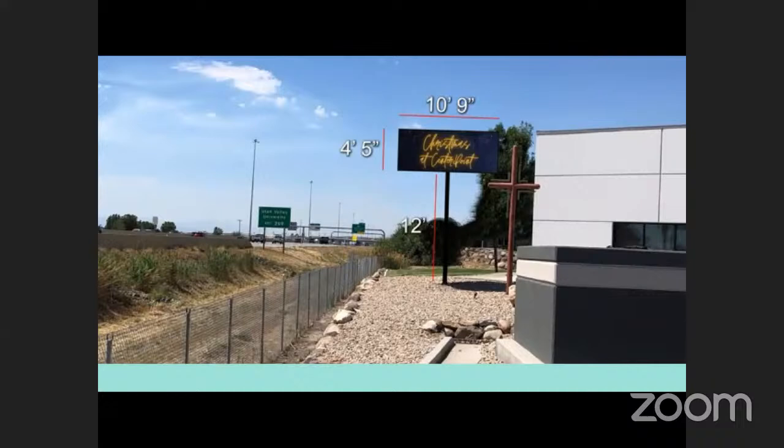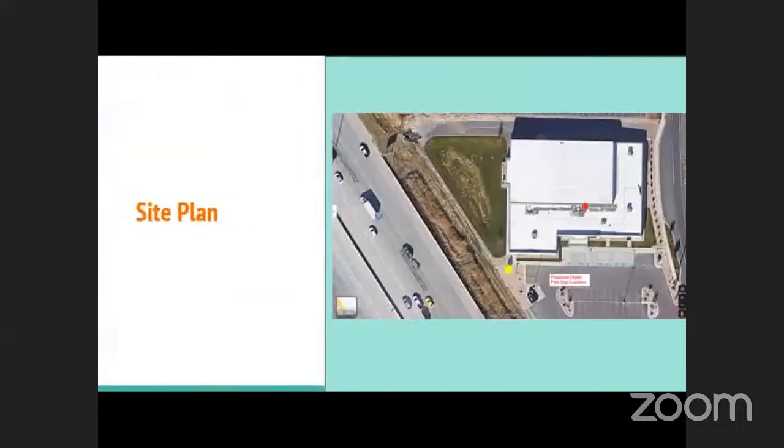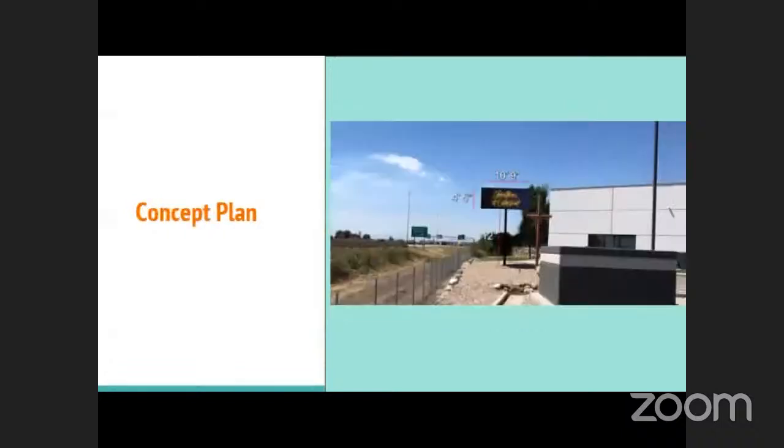Okay. Would you be more comfortable with that, though? If we pushed it a little bit further north, you probably wouldn't see it from your neighborhood as much. Some of the light kicking off of it might still be there, with the building sandwiching the sign from Sand Hill Road. Yeah, I think the neighborhood would be a lot less likely to see it. We might still see it here and there, but